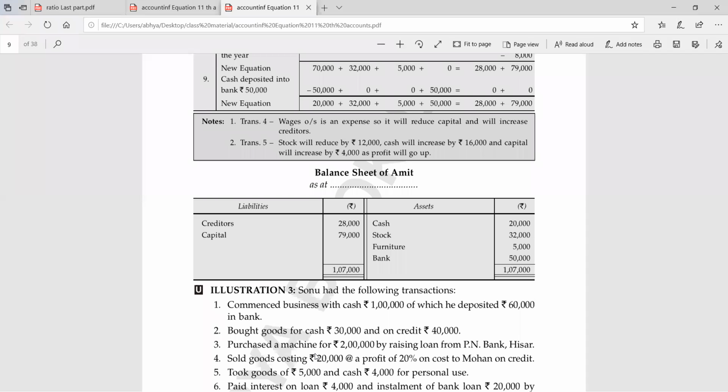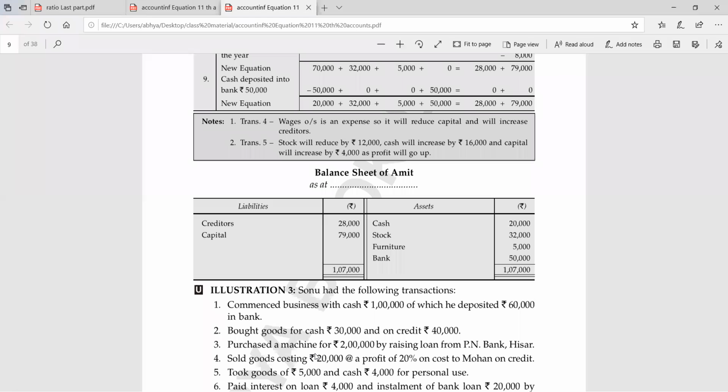Now in this balance sheet, you can see that two sides are there. One is the left hand side and the other one is the right hand side. On the left hand side, you are going to write all the liabilities, internal liability and external liability. Internal liability is capital, and external liabilities are the liabilities which you have made as a column in the above question.